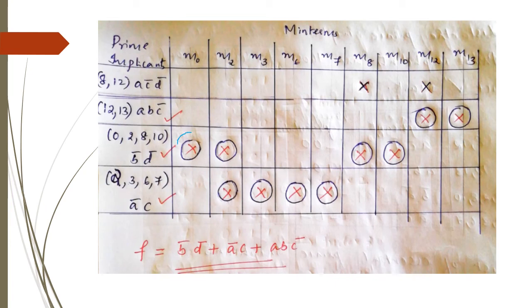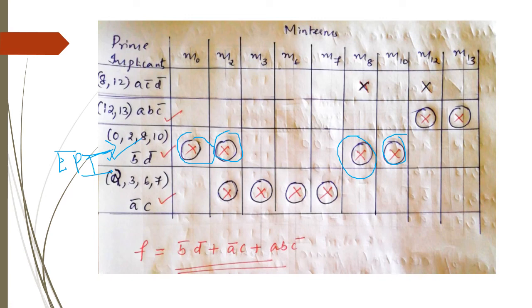If you check the first column, it has got one cross mark. Corresponding to that row you put a tick mark, and the cross marks of min terms in that particular row also have to be circled. Which means that now these 4 you are grouping as one cell, so you get 0, 2, 8 and 10. You get the expression B bar D bar as one essential prime implicant. If a column has only one cross mark, that indicates it is an essential prime implicant, so just put a tick mark.